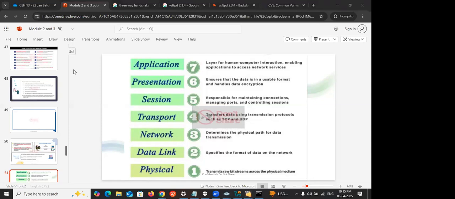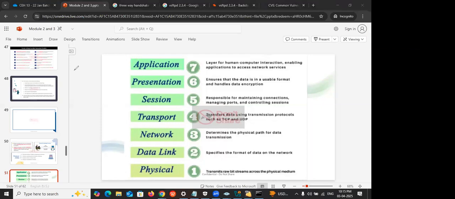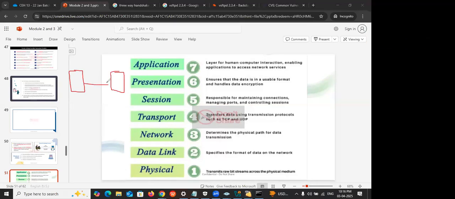If they want to communicate with each other, this one is one device, and this one is another device. So if these two devices want to communicate with each other, maybe like sending an email,